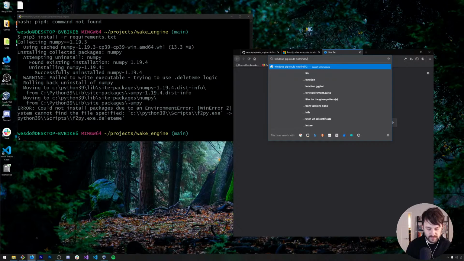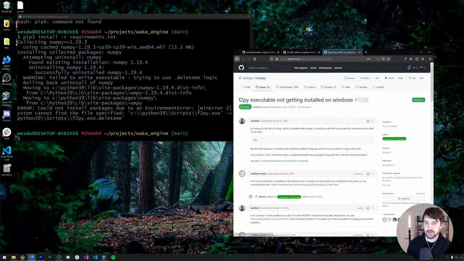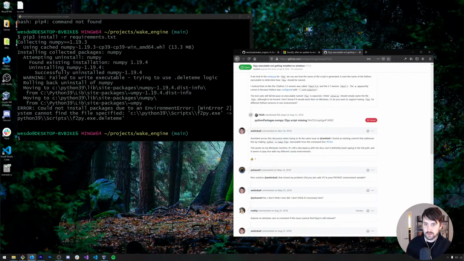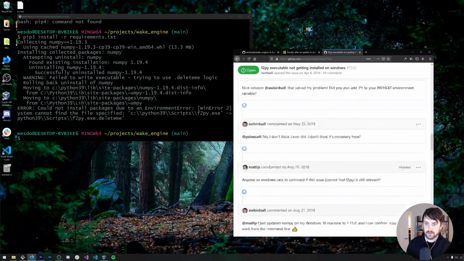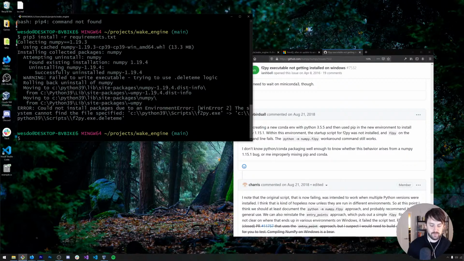What do people do who need to use Python on Windows? What do people do? Python -m numpy. What happens when I run this? Python 3 -m numpy.f2pi.